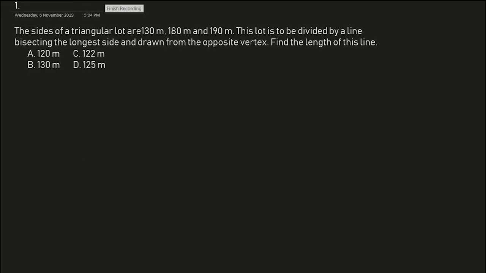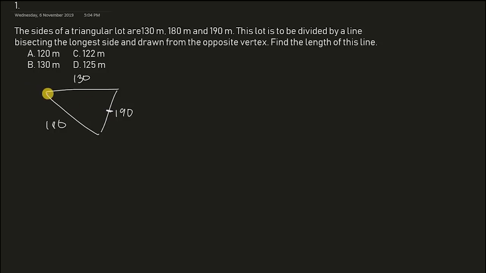Alright? So let's go. Sabi dito, the sides of a triangular lot are 130, 180, and 190. So basically, we have a triangle. Let's show that this is 130, this is 190, and let's say that this is 180. Now, the lot is to be divided by a line bisecting the longest side and drawn from the opposite vertex. Ibig sabihin, yung bisect po natin is the longest side. When we say bisect, we divide them into two equal parts. So, the longest side, which is 190, is divided into two. Yan. So, let's say that's divided into two equal parts